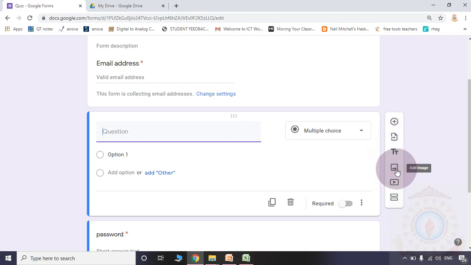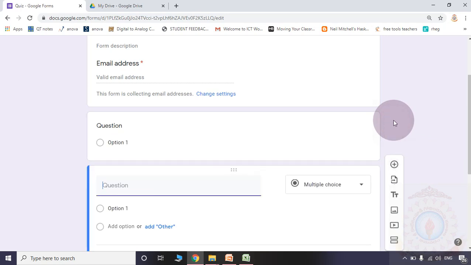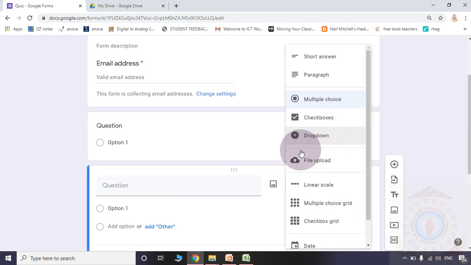If you give an option to upload a file in the questions, how do you observe those responses in Google Drive?